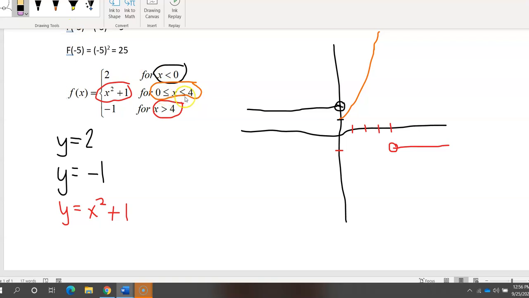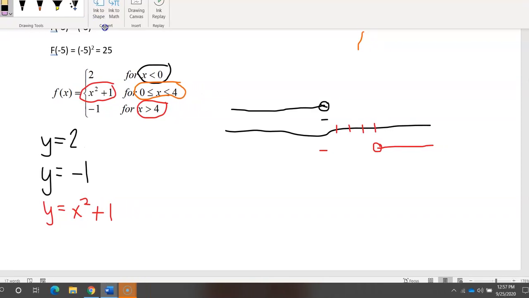I know my little orange covers that equal sign up a little bit, but it is an equal sign. So I need, oh no, let's undo. Here we go. Undo. There we go. All right. So I need a solid dot here and then a solid dot up here,